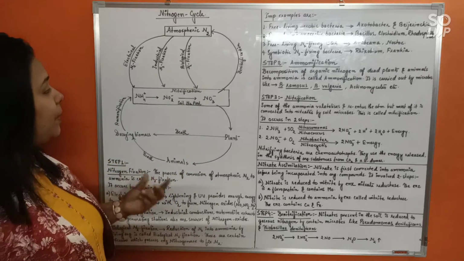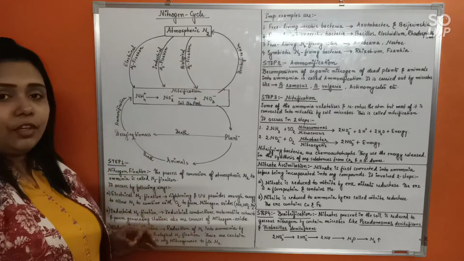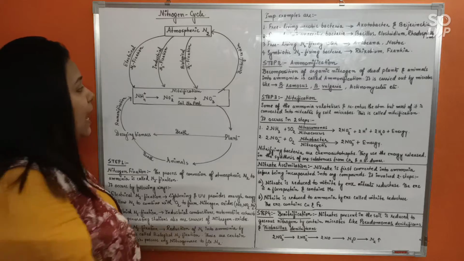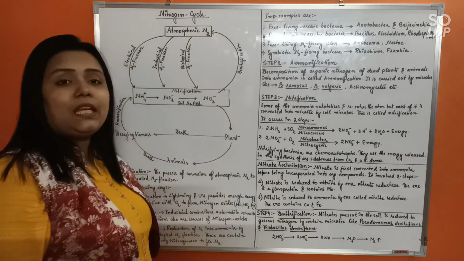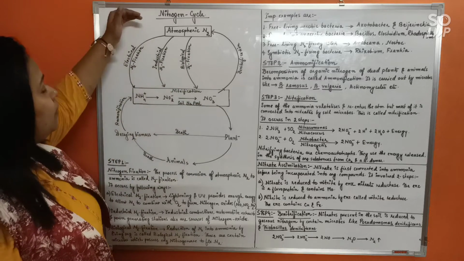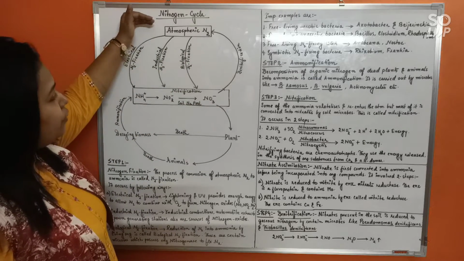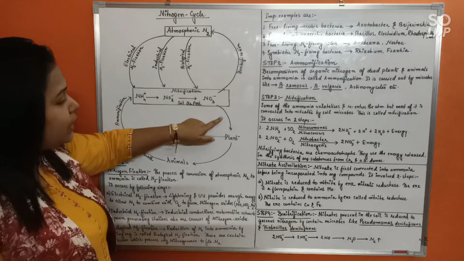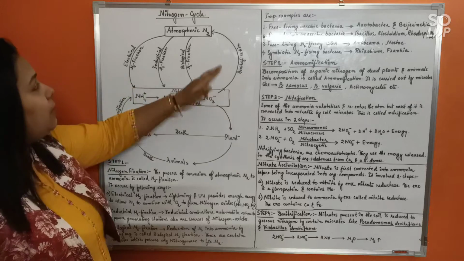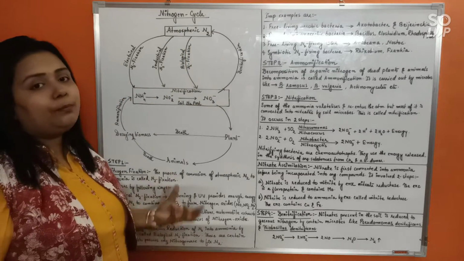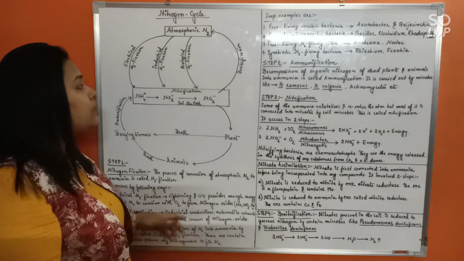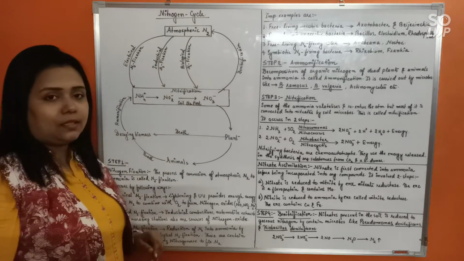And finally, a part of the nitrate would be converted back to atmospheric nitrogen by certain soil microbes, and this process is known as denitrification. So with the help of these various processes you see that atmospheric nitrogen is first getting into the soil. From the soil it is getting into the biological systems, and from there again it is getting back to the atmospheric reservoir pool. Okay, so this is what the nitrogen cycle is all about. So let us now discuss all of these processes in detail.